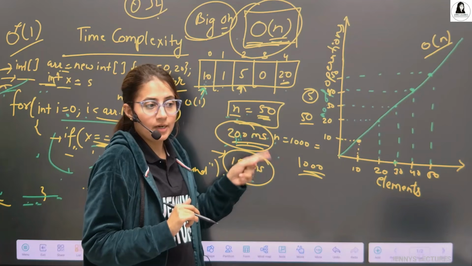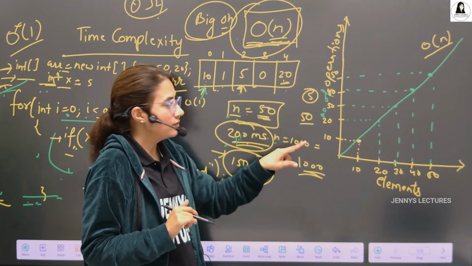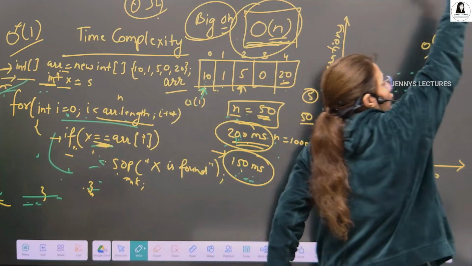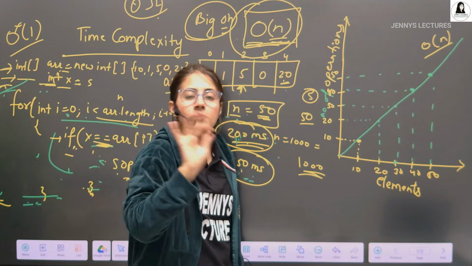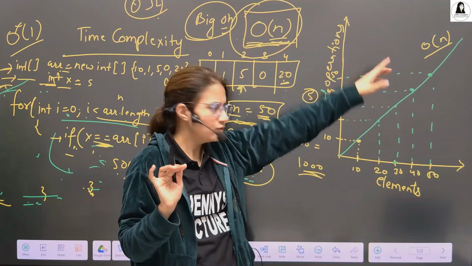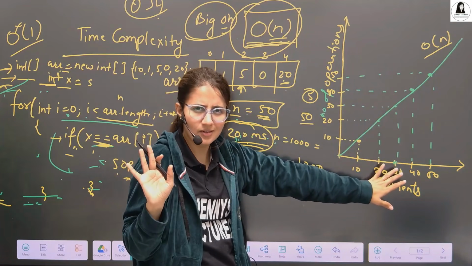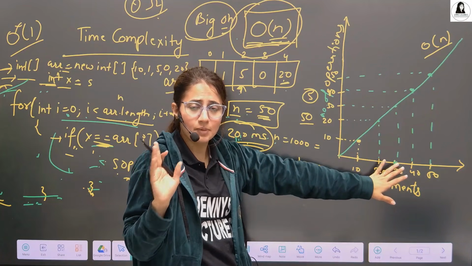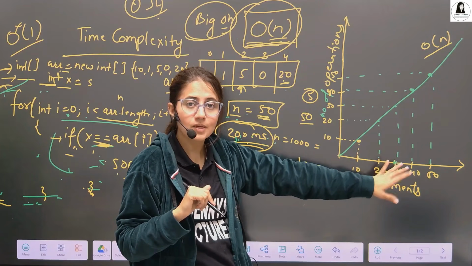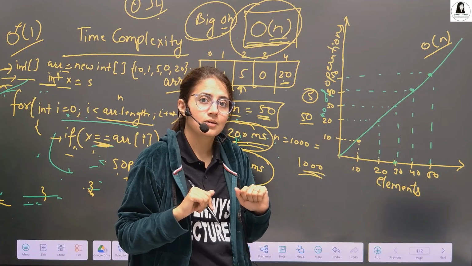Right? But now again, if n is 1000, there are 1000 comparisons, and it is going to increase. If n is 1 million, there are 1 million comparisons. It's not a good approach. For small data, it's fine. It doesn't matter really. But we focus on the larger data. For that, binary search is better.